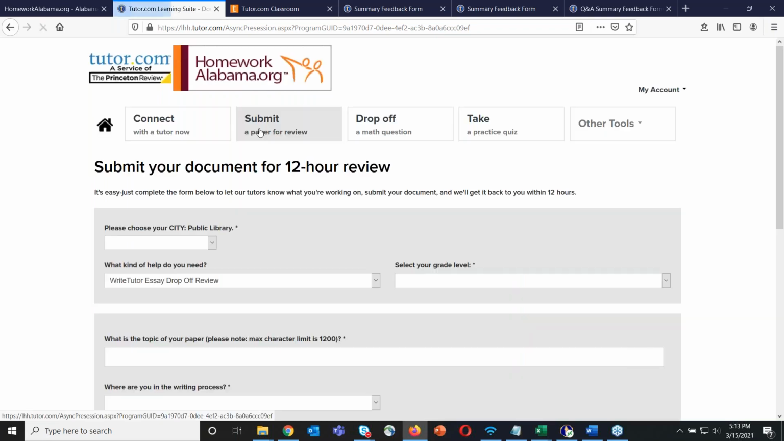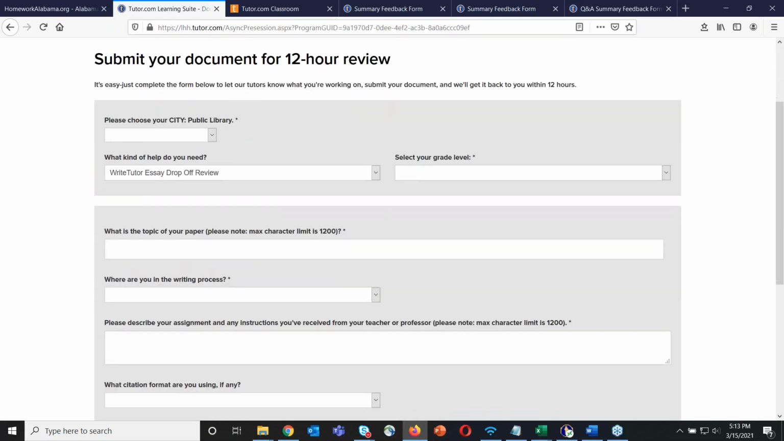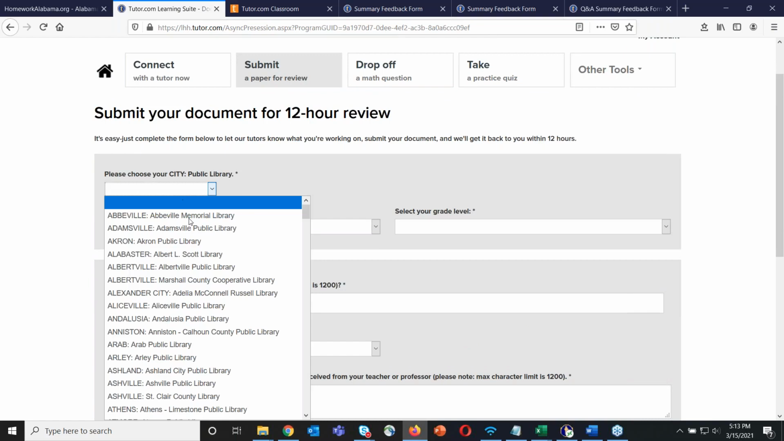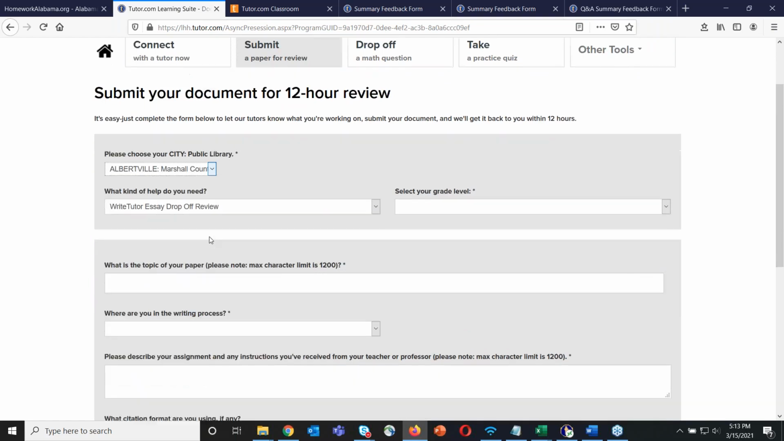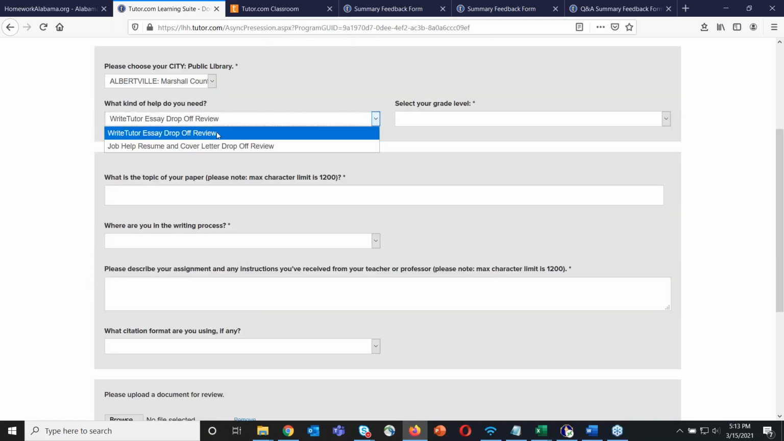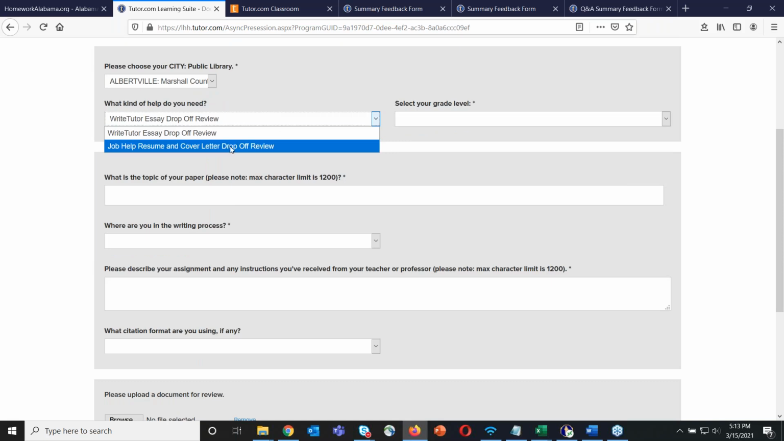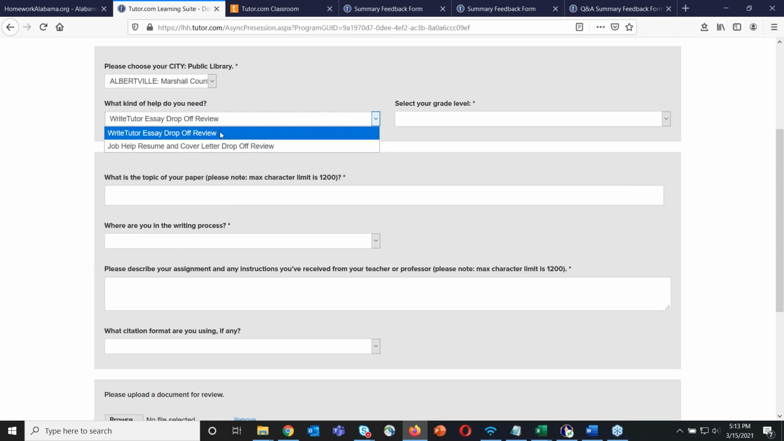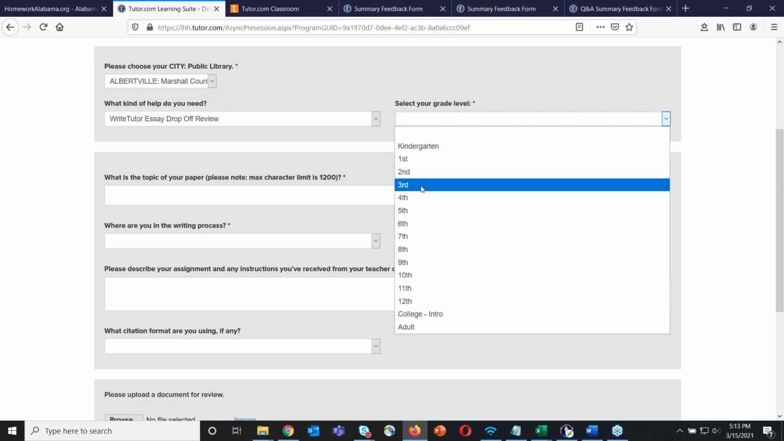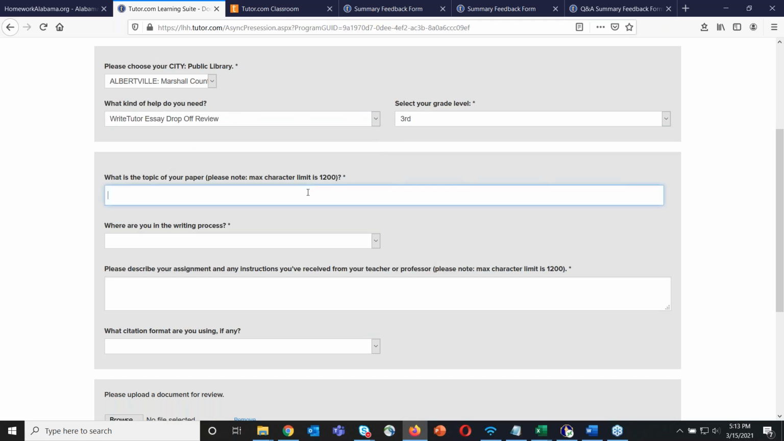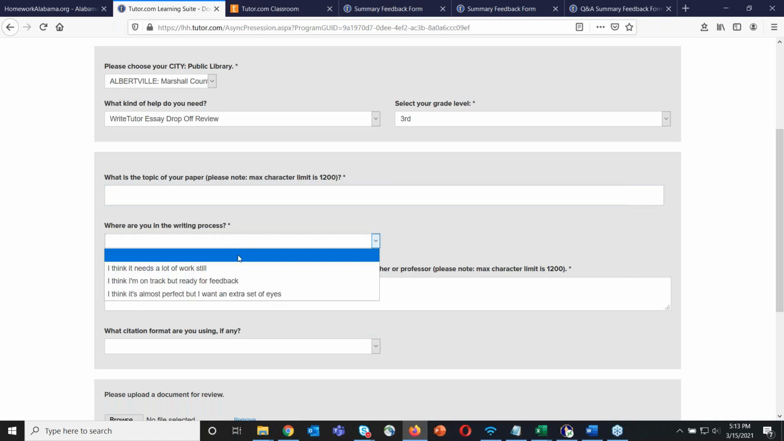So submitting a paper is honestly fairly easy. Just like with connecting to a tutor, you just choose your library and then what you need help in. So you can drop off a paper or a resume or cover letter. We'll go over both. You choose your grade level, what the topic of your paper is, so that the tutor actually knows kind of what you're going to be writing about, where you are in the process, because again, kind of just starting out as opposed to pretty much finishing up, two very different types of feedback you might be